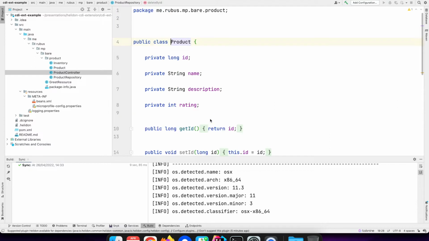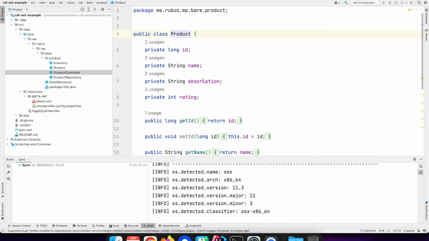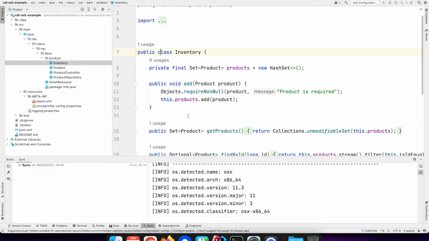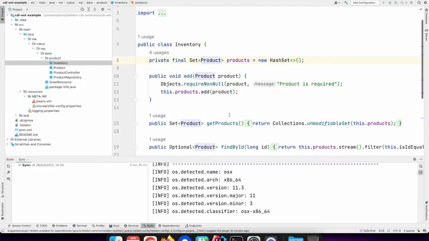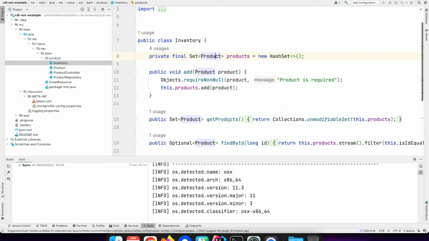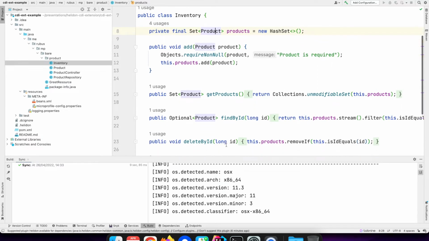The product itself is a very simple one, just an identification, a name, a description, and some rating. And then here the inventory, this is like our data warehouse, if you like, where we store everything. We store a set of products, and we have here again methods to add them and retrieve all the products